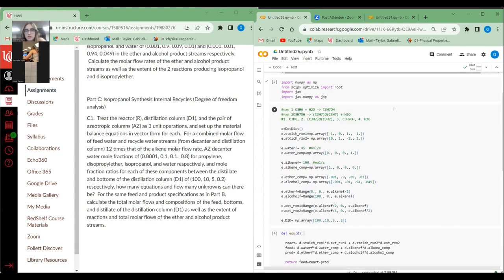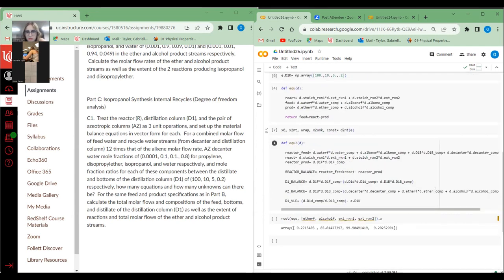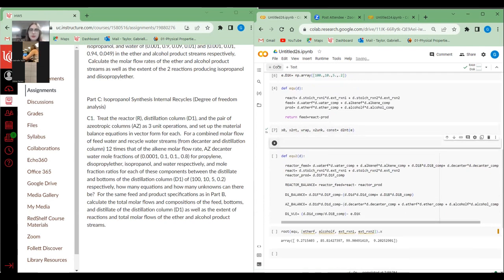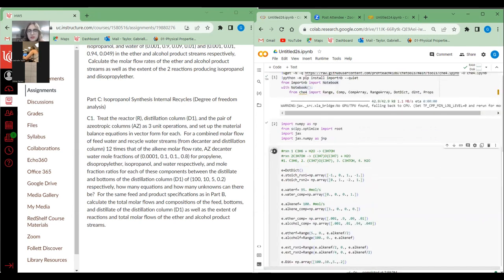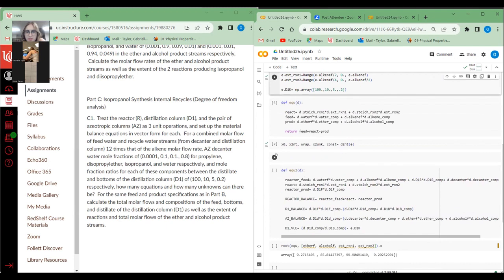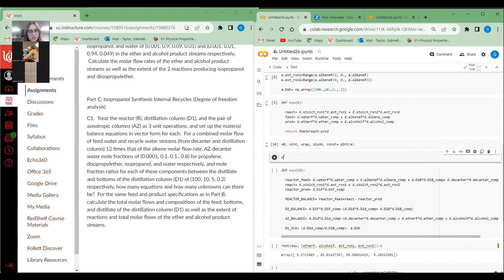Shift enter, shift enter, shift enter. Okay. So let's look at this as our unknown function, our X2 unknown. And we're going to put in our X initial. And this is going